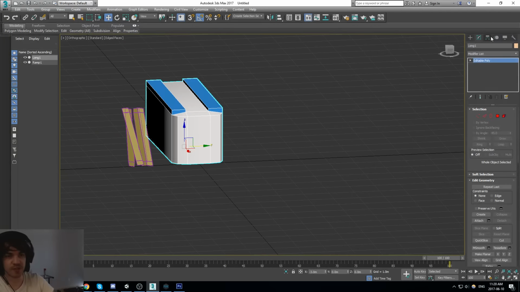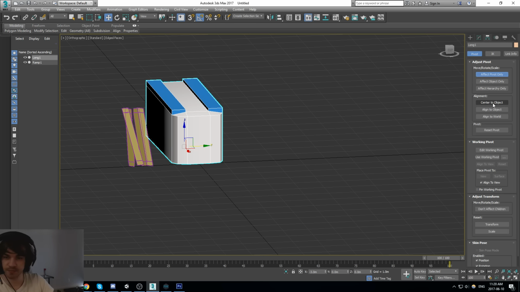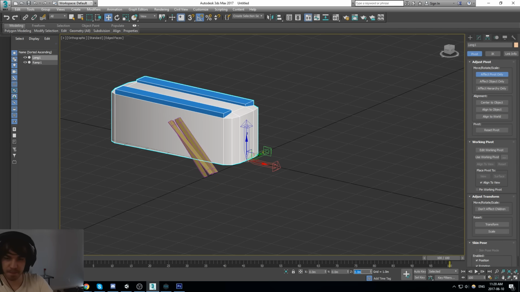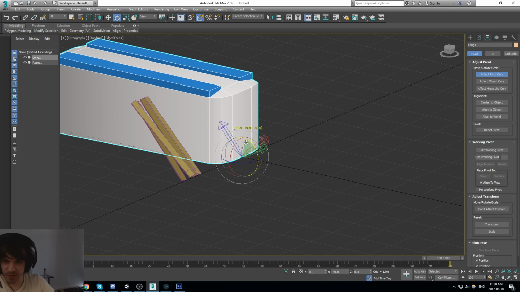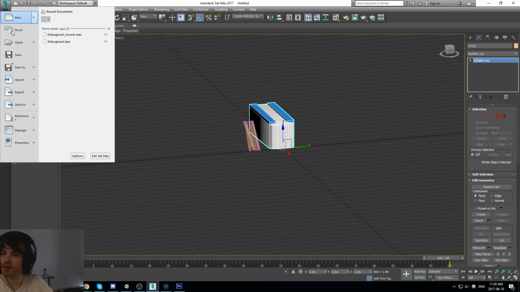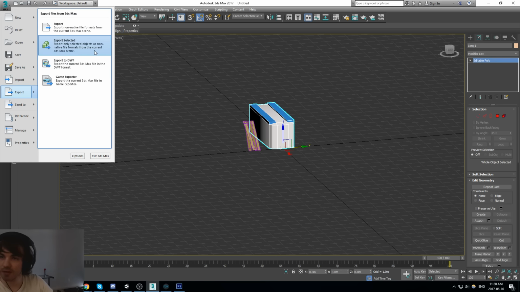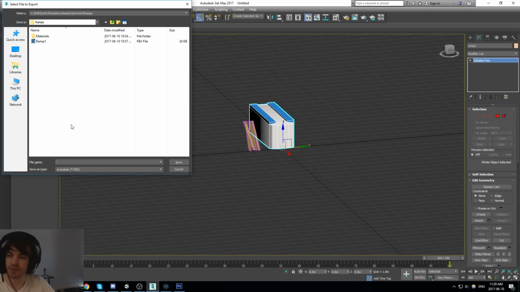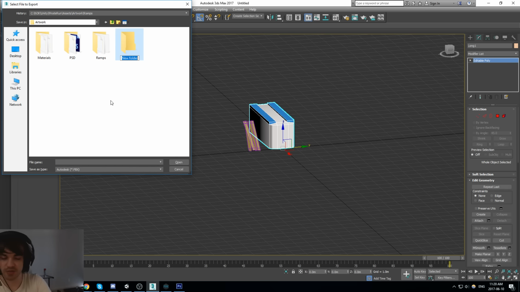And try to find a way to only export this without exporting everything else. Also, reset transform. Thank God. Like we've done earlier, the Z-axis goes forward and the Y-axis goes up, just like in your favorite engine, Unity game engine. There it is. So export selected is what we want, so we don't actually export everything. Let's go here. That's going to be a long. I'll call it long 1.